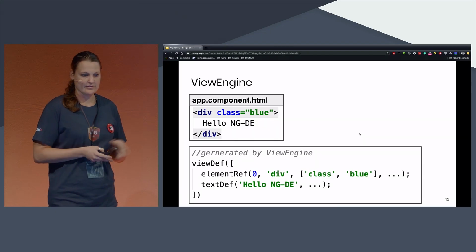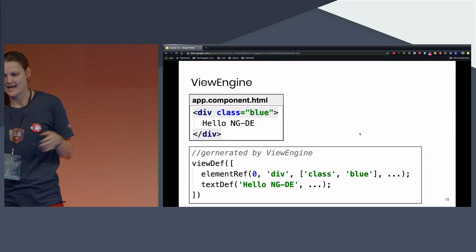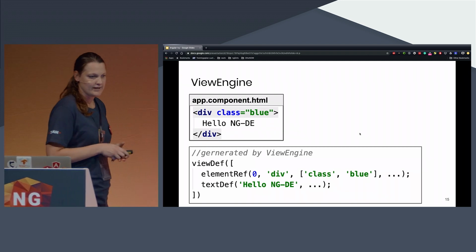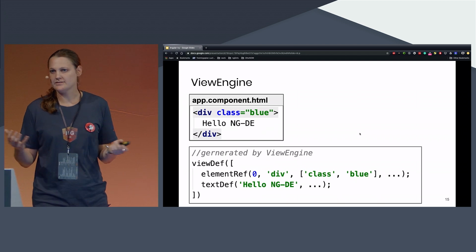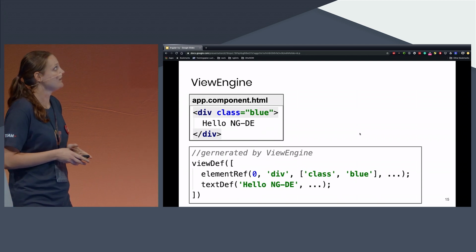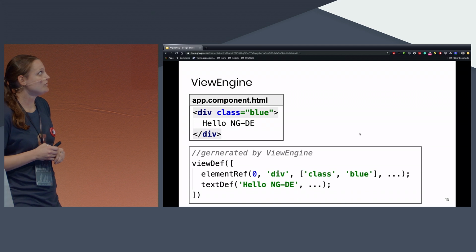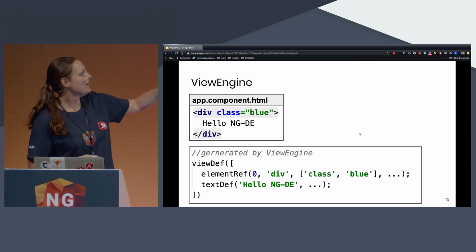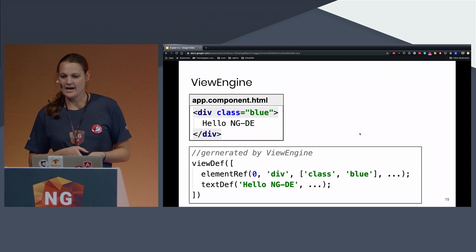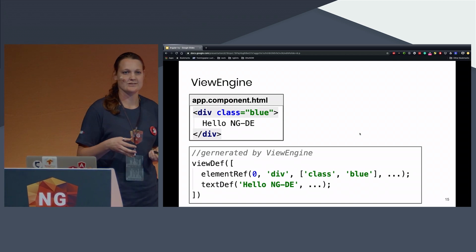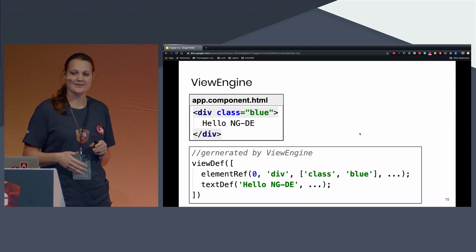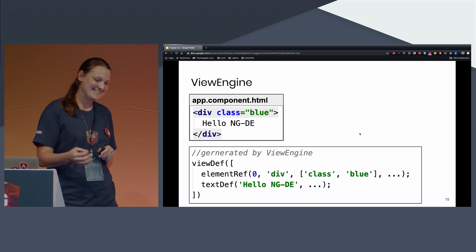It's an array of instructions. You can see here we have a div, hello ngDE, and there you can see there is an element def that has all the information about the div over there. The div has a class, and the class is blue, because blue is the best color in the world, obviously. And there's a text def, and the text definition says, okay, inside this div there is a hello ngDE string.